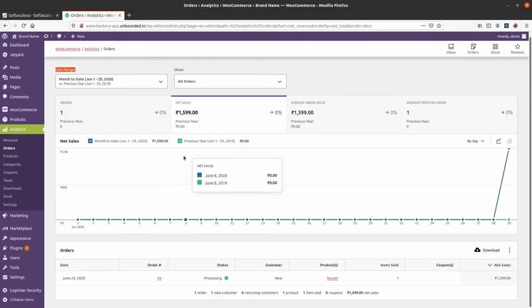Okay, and you can also compare between your previous month and current month, or you can also compare your previous year to current year. So you can see the previous year. In 2019 I had zero sale, and in 2020 I had so much sale. So there is a difference between these two. You can see in 2020 I have made a 1600 rupees sale, and in 2019 there were no sales. Obviously that is correct because last year this website was not there, so actually comparing to previous year doesn't make sense. But as I move on to 2021, then I'll have a comparison on checking my progress.